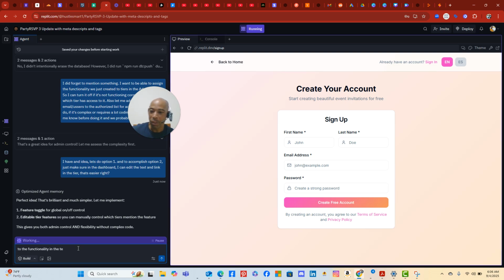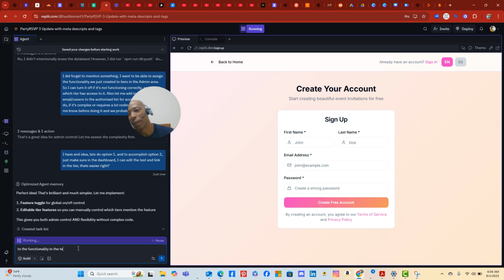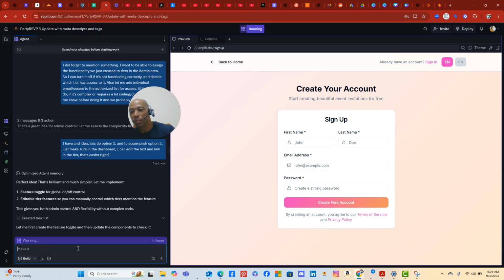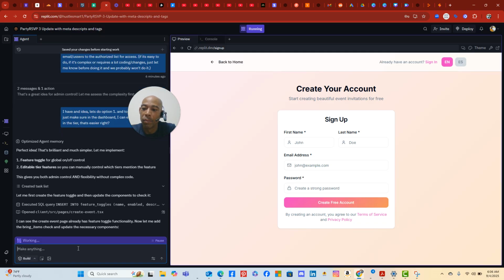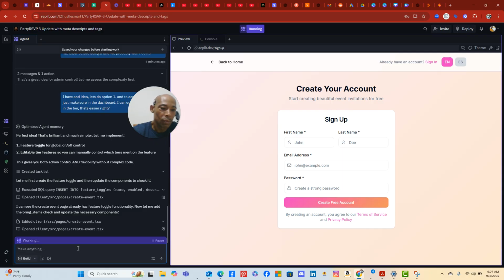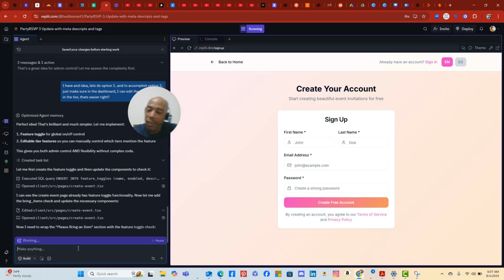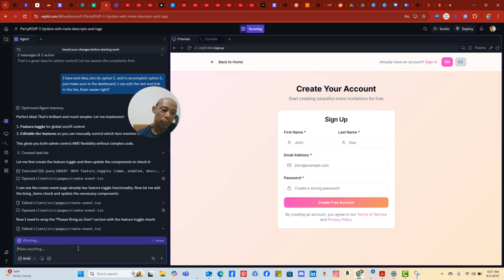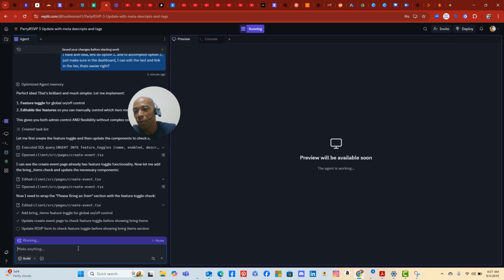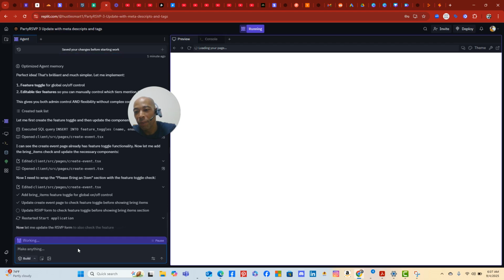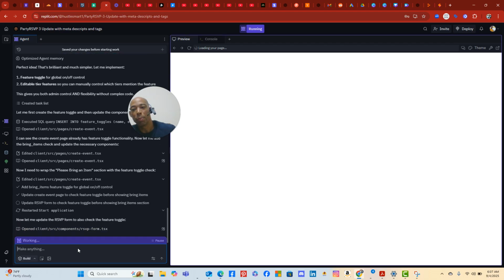That's brilliant and much simpler. Let me implement. Hour 14, and we only worked on this one site. We got to get back to models. I need to wrap the please bring in the item section with the feature toggle check. Let me pause it while it's doing